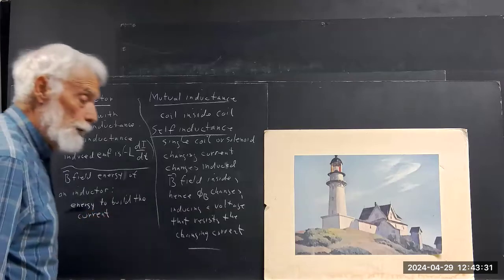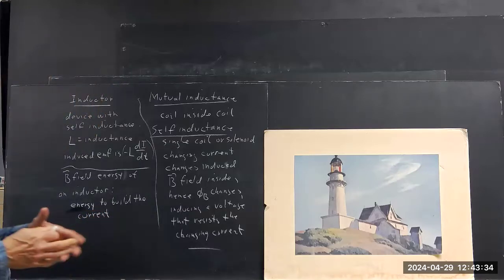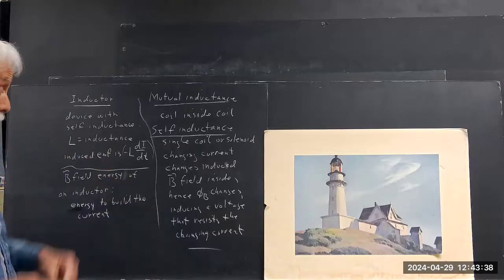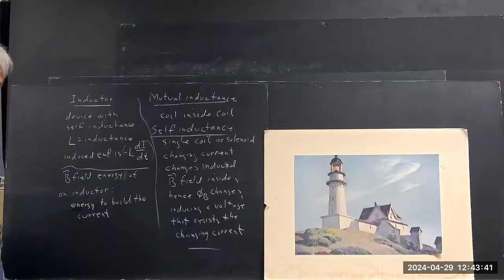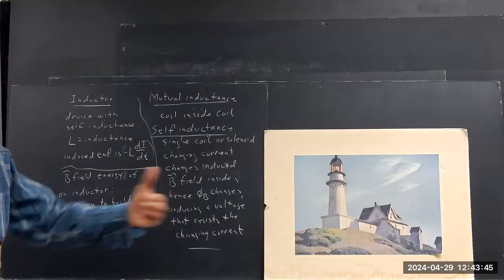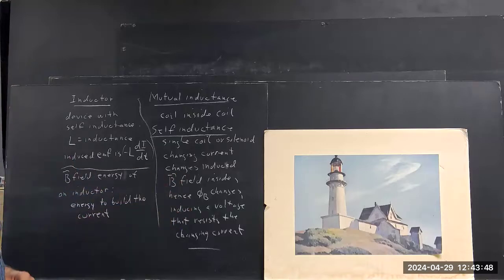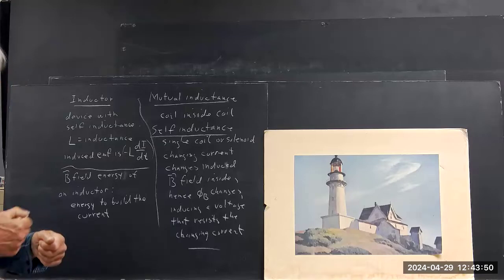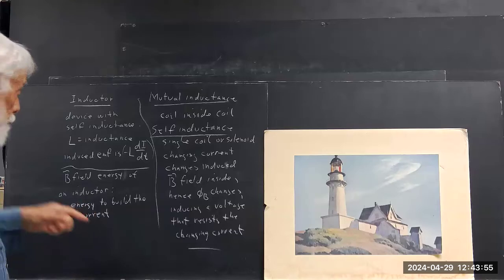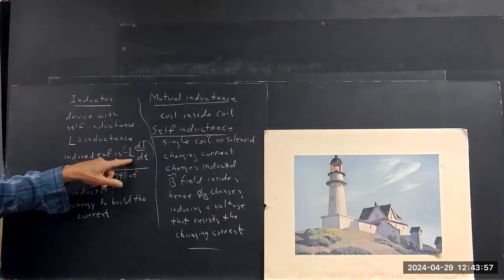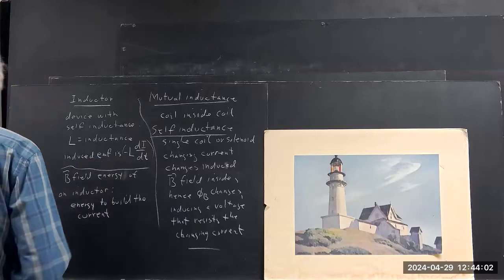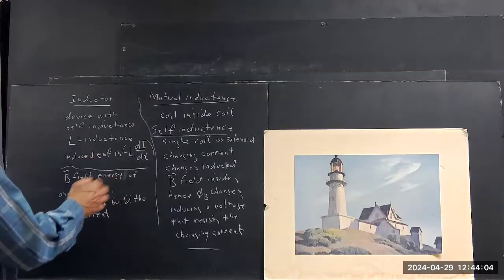Why does it take energy to build the current? Because as you build the current, it's changing, so the flux is changing. The flux is changing so there's a back EMF, so whatever you're using to try to charge this thing up is being resisted. Even if there's no resistor in the circuit, you're going to feel some resistance if you're trying to crank the thing. It's going to take energy because you have to overcome this voltage. And the energy it takes to build the current